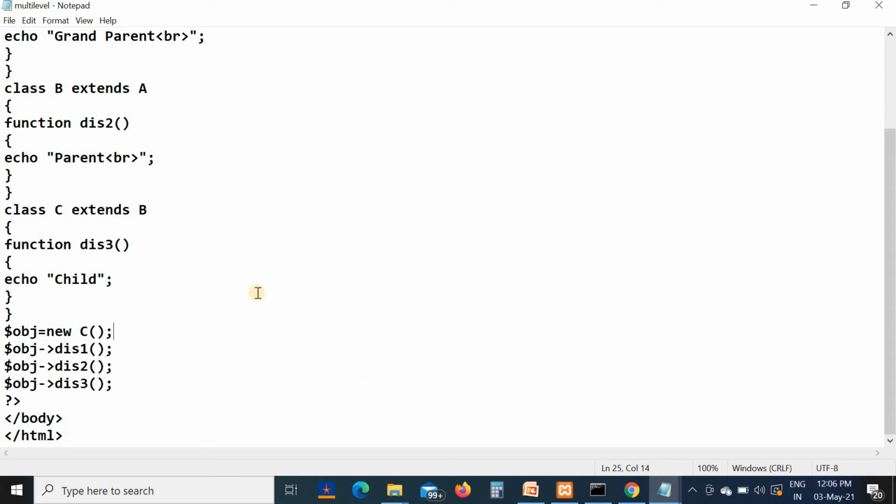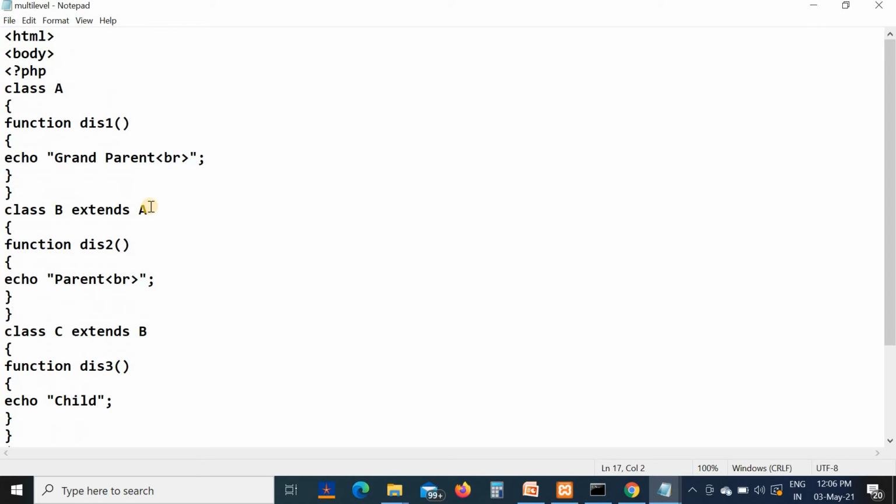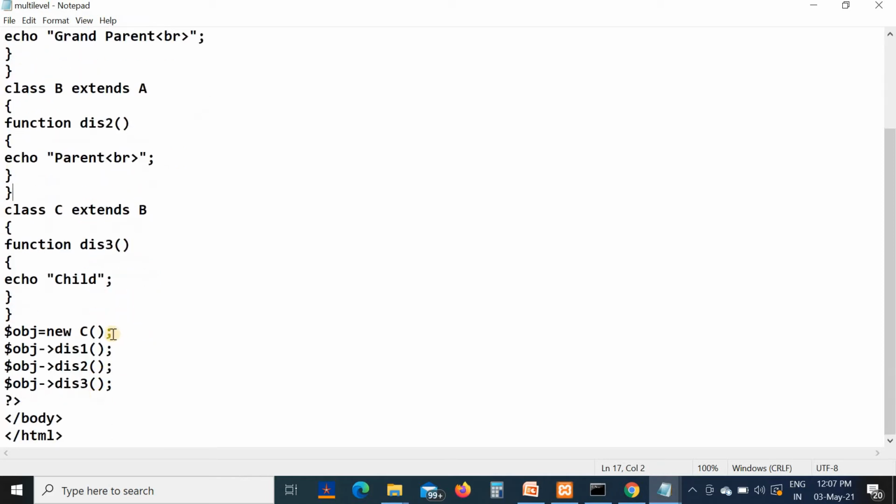Whenever you execute this particular program, you will get the output. First it will display a grandparent message, because the this1 function is called by the object first. After that it will display a message as parent, because after this1, the this2 function is called by the object, and after that the this3 is called.